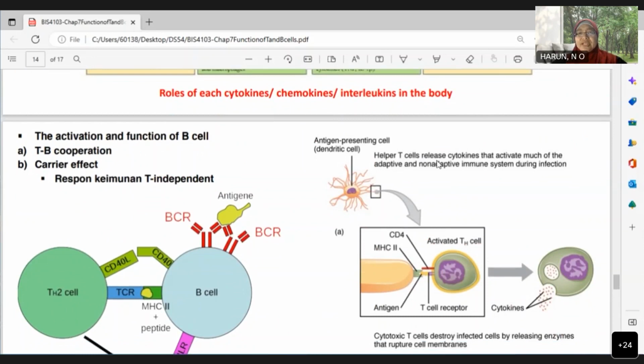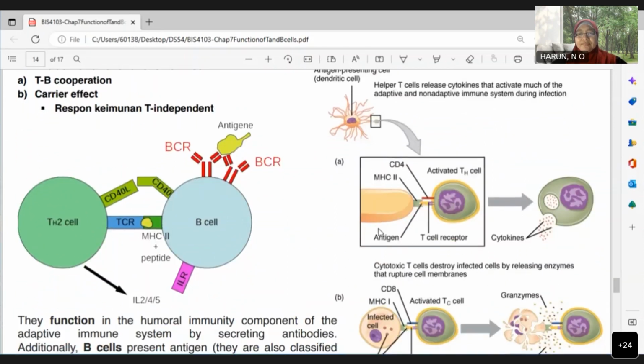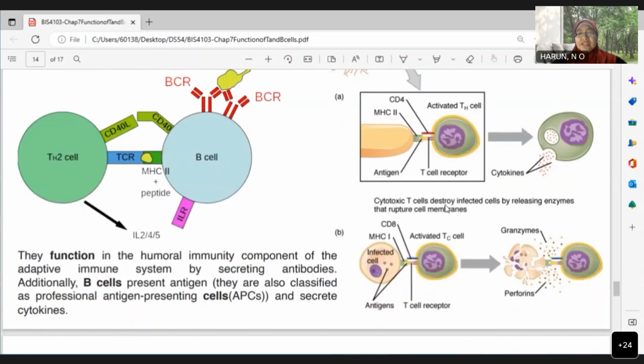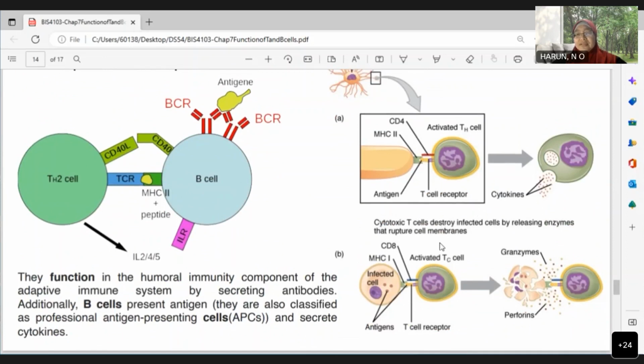Okay, helper T cells release cytokines that activate much of the adaptive and also non-adaptive immune system during infection. So this is what happens. Okay. The antigen on the surface of the MHC class 2. And this one is our activated T helper cells or CD4 cells. Okay, T cell receptor. Followed by cytotoxic T cells destroy infected cell by releasing enzyme that rupture the cell membrane